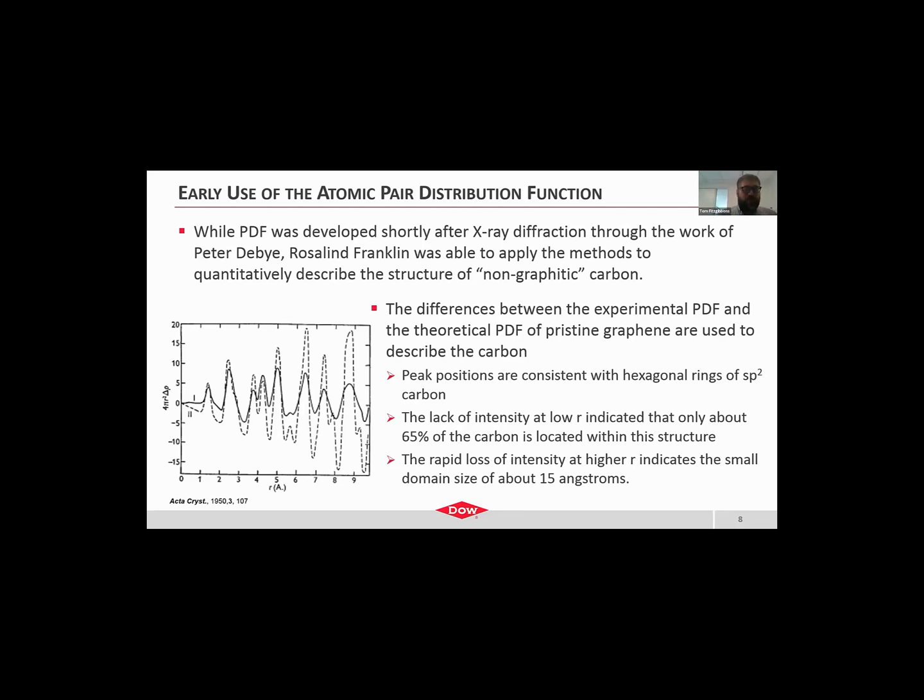So to really look at the quantitation on this, we need to look at a couple of different aspects of the atomic pair distribution function, which is shown here on the left from one of her figures in her Acta Crystallographica paper. The experimental data is the solid line, and the dashed line is the theoretical atomic pair distribution function of a pristine graphene layer of infinite size. What you can see is that the peak positions are consistent with these hexagonal rings of sp2 carbon. What that means is that the ordered part of this carbon consists of fused six-membered rings forming kind of a